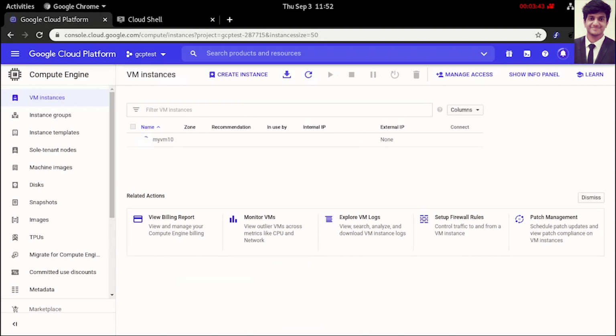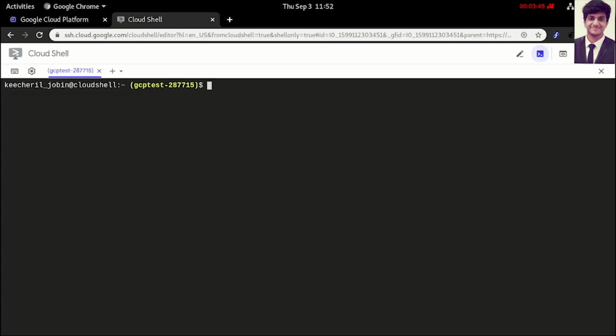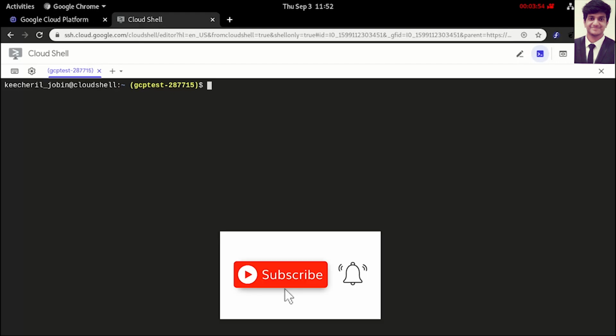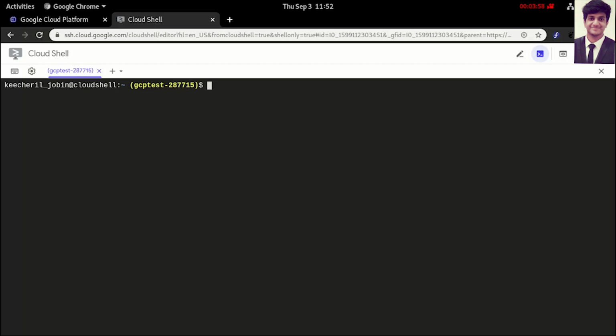As you can see, the VM and also our Cloud SQL is taking a little time to get deployed. So until then, we'll be deploying our cloud storage. Cloud storage is also looked as a bucket. It is a service model in which data is transmitted and stored on remote storage. So to create a cloud storage, we'll be using the command gsutil mb, that is make bucket, -l for location,